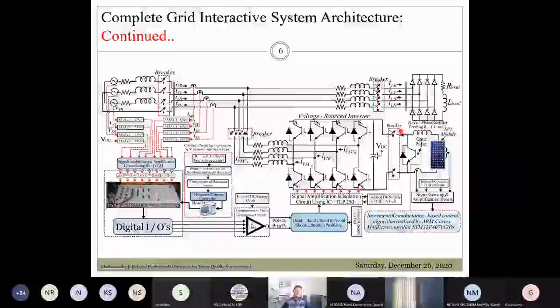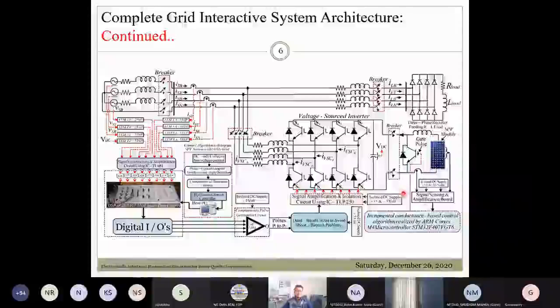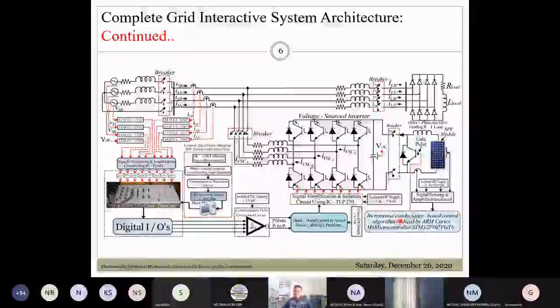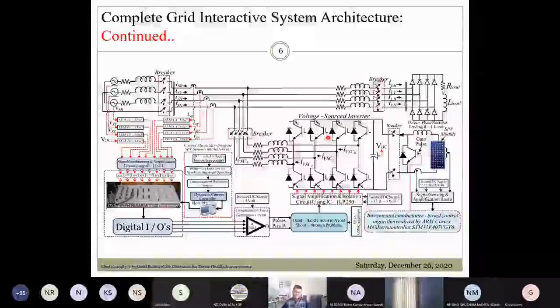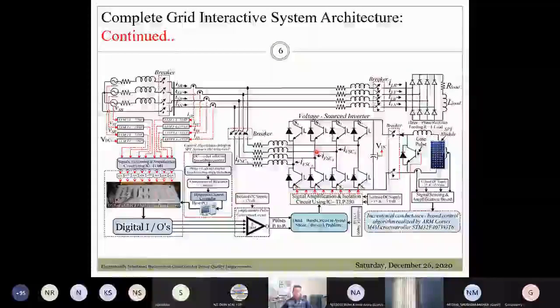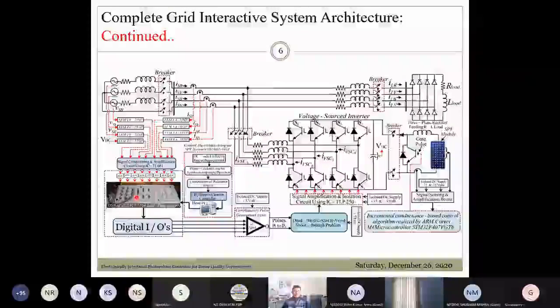You have these three voltage signals, three current signals, one DC link voltage, and two signals. So this maximum power point tracking task will be performed by this STM32 based controller, whereas the gating pulses for the voltage source inverter will be generated by this DSpace 1104. So once these signals are